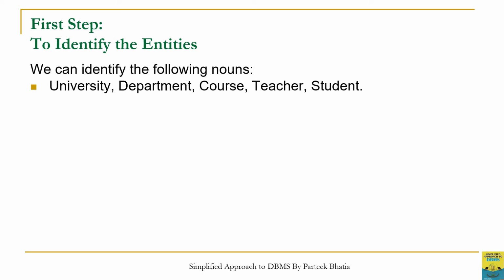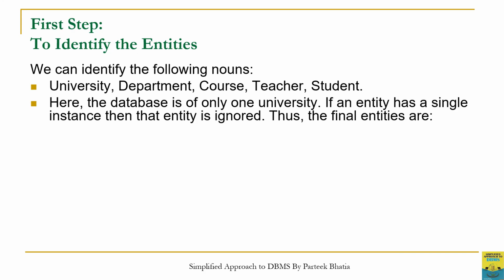Now these nouns can act as entity sets. Since in the ER model we have to represent an entity set, and set means a group of entities, the important criterion for a noun to act as an entity set is that it should have more than one instance. It is very natural. An entity set can only be formed by more than one instance. So if a noun has only one instance, that cannot be considered an entity set.